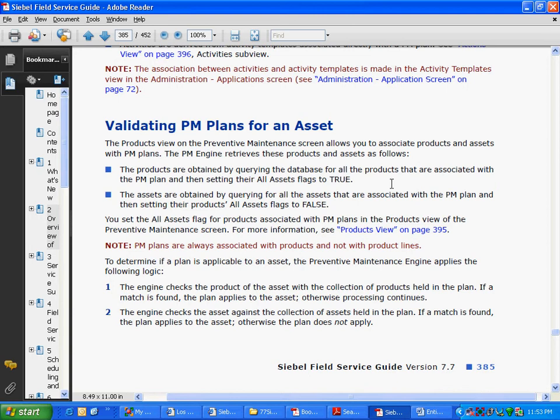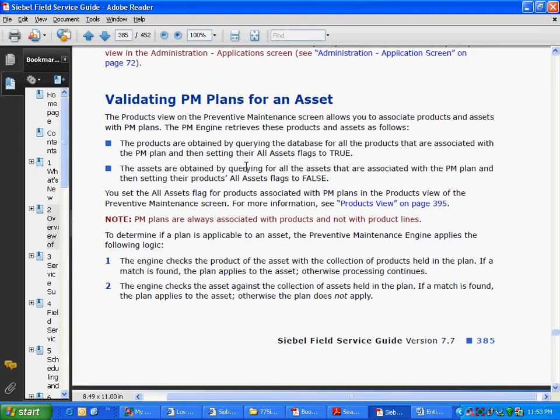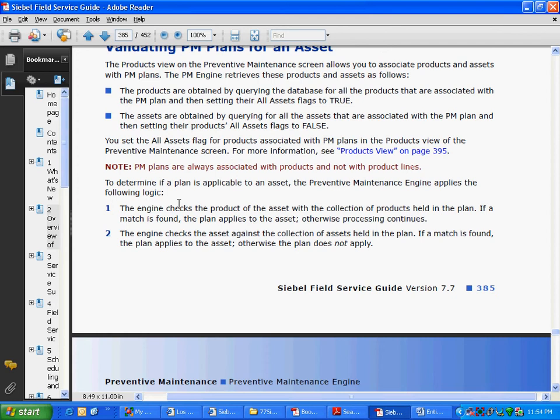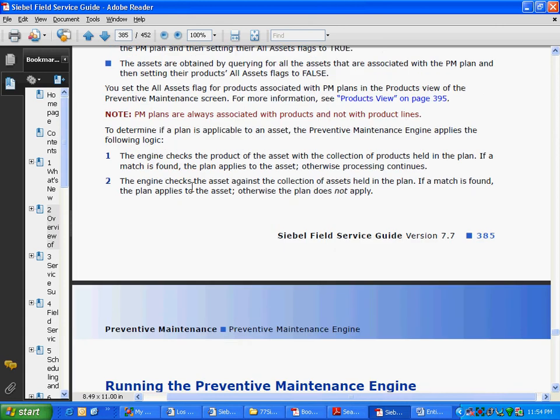The products are obtained by querying the database for all the products. The engine checks the product of the asset with the collection parts.